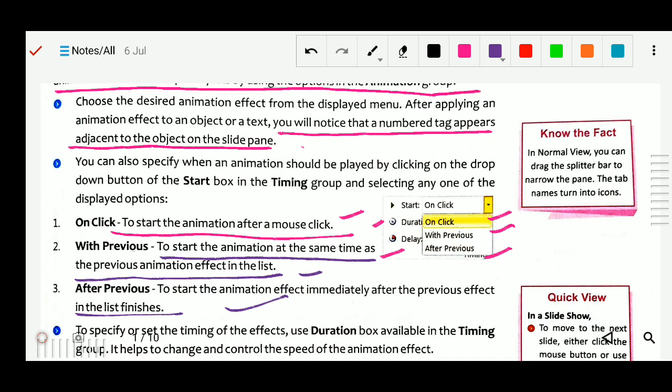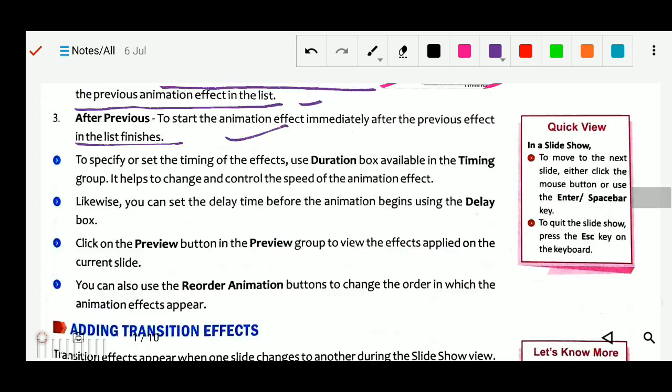So there are three types: On Click, With Previous, and After Previous. With Previous means to start the animation at the same time as the previous animation effect in the list. When the previous one starts, this will also start. After Previous, when the previous one finishes, then it will start. On Click, to start the animation after a mouse click, whenever we click the mouse button it will start. Okay, next is